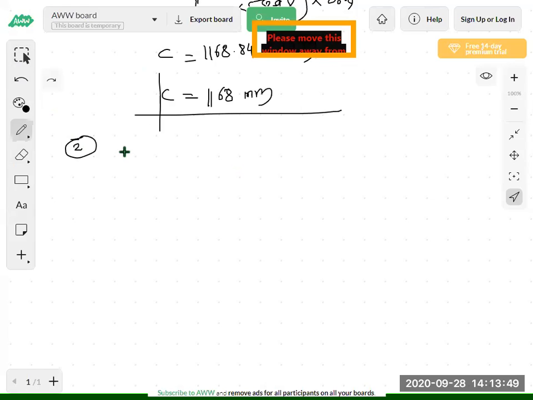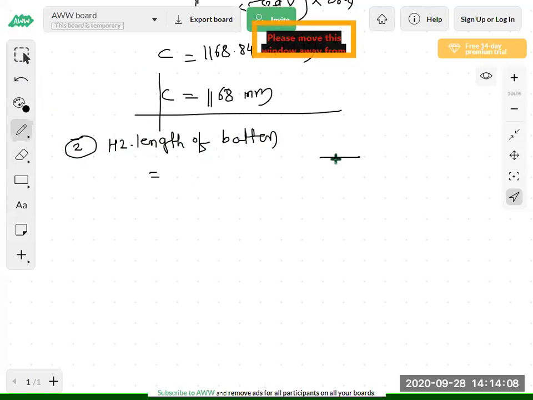Horizontal length. Oh, sorry, horizontal length we have to calculate. So the horizontal length of batten is equal to,